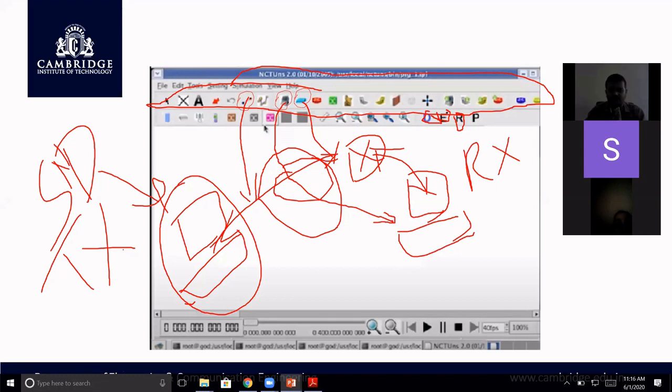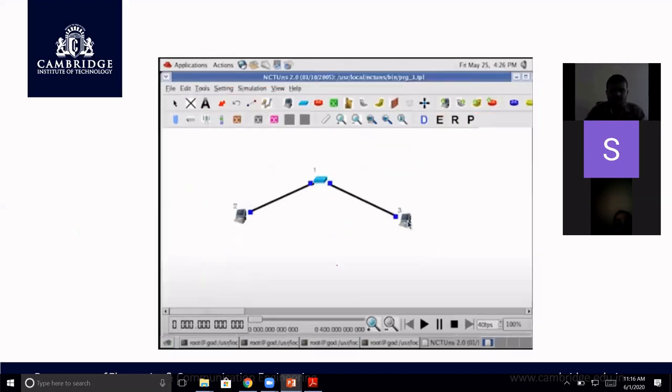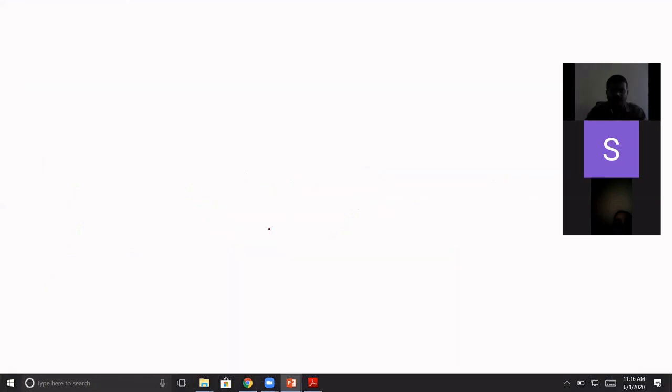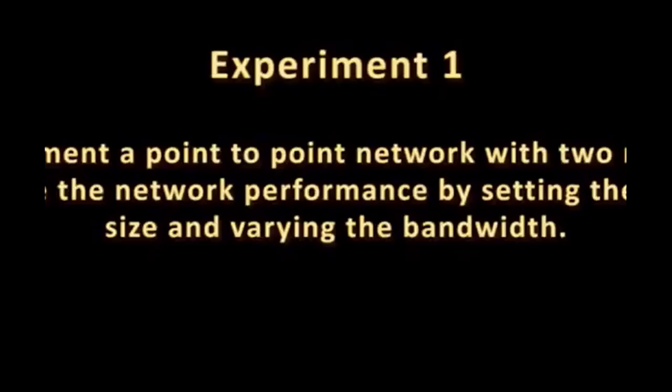There are different types of protocols to do this. I hope you are aware of UDP, TCP, all those things. What is UDP? User defined protocol. We'll see about it. You can see in the draw mode, I have taken a hub, computer 1, and computer 2. Once you are done with this, you are going for edit mode.